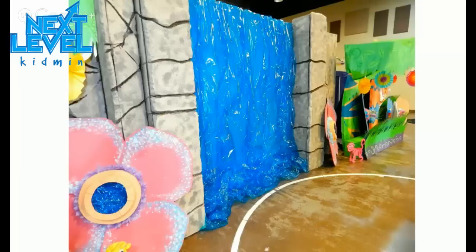So I don't know if you were going to talk about this, but I think something important to consider is that if you're going to go big, always remember that depending where you're putting it, you might have to move it. So it better be able to come apart, right? Yes, I should mention that. So this was multiple pieces, right? Yes, the waterfall was, I believe, 4 or 2 pieces